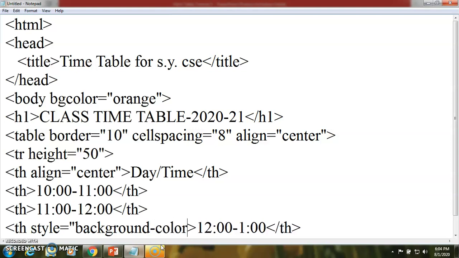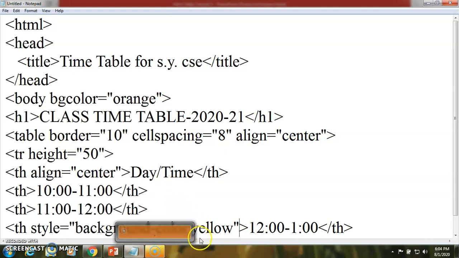So this is a property going to be added for that cell only. So this is written in between the double quotes. So this property is going to be added for that slot, so it highlights that cell.